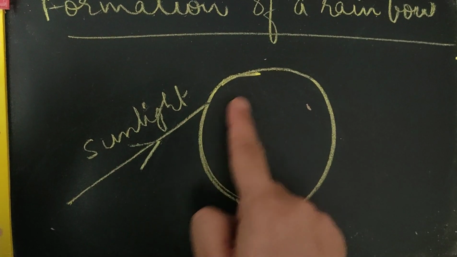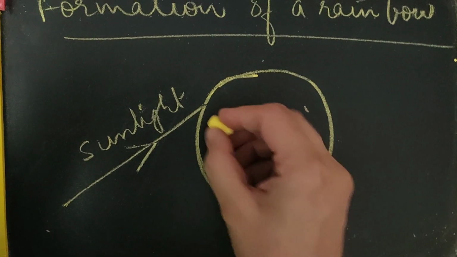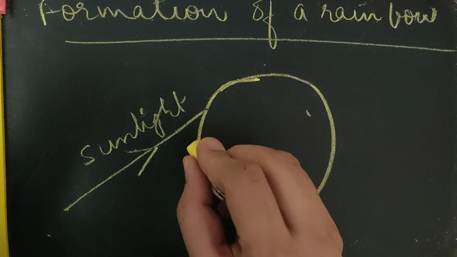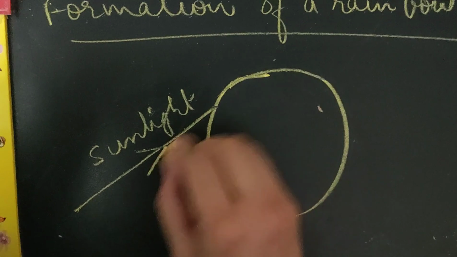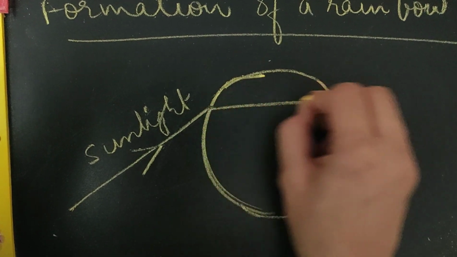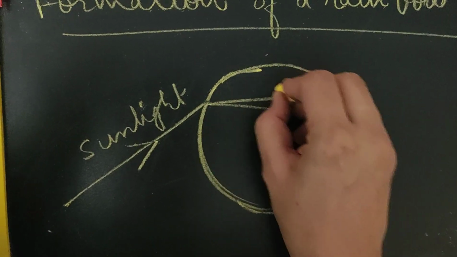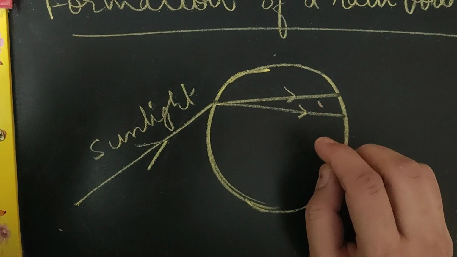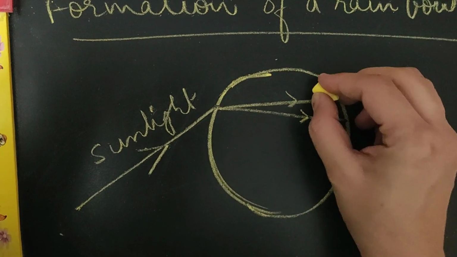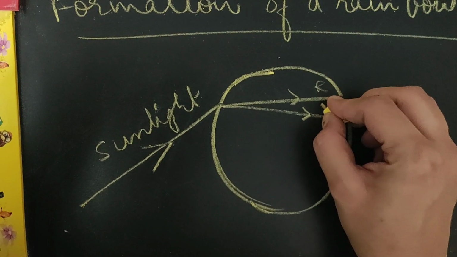So let this sphere here represent the droplet, and this is the incident sunlight. So this is the sunlight falling on this water droplet. The first phenomenon that takes place at the first interface is refraction, bending, and dispersion. So light has split up into 7 colors. I am not drawing all the 7 colors so that the diagram can be understood. So only the topmost red and the bottommost violet.